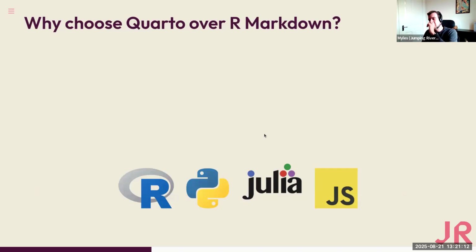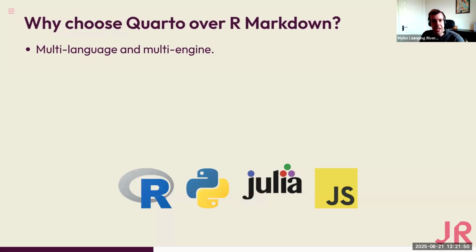Before I get stuck into creating a Quarto document, you might be wondering why you would choose Quarto over R Markdown. And that's a question I get asked quite a lot. So the first thing to bear in mind is Quarto is by design multi-language and multi-engine. R Markdown by design depends heavily on R. You need to have R installed in order to use R Markdown. With Quarto, on the other hand, you don't need to have R installed. It's designed so that it has compatibility with a number of different programming languages, R and Python included.